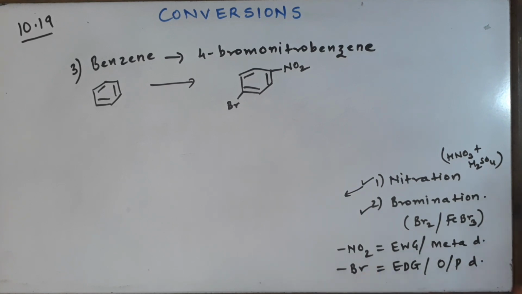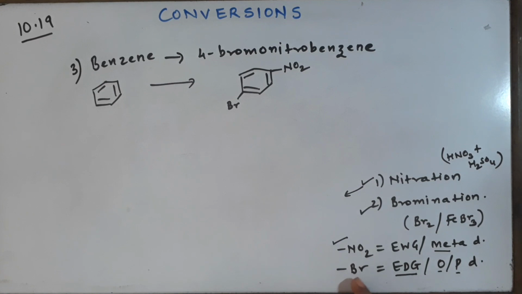So we have to first just understand this point. If it is a di-substituted compound and the two substituents are totally different, one is a donor and one is a withdrawer of electrons, then what should I do first? If the answer is meta, then I will first attach the electron withdrawing group, and if the answer is ortho or para, then I have to attach the electron donating group.